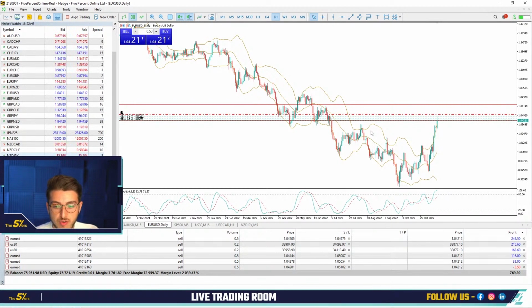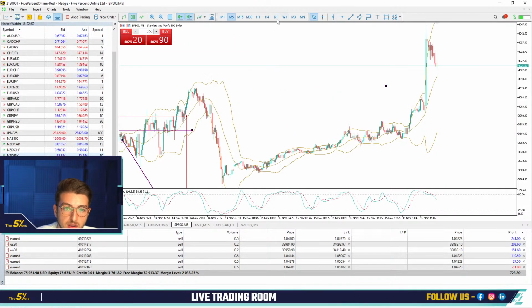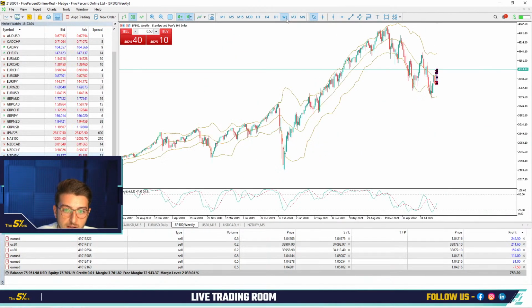So yeah, I'm trading dollar pairs and US indices, which of course have a lot of volatility and a lot of opportunities every day. When we're talking about the S&P, for example, if I go back to the weekly chart, you see all this uptrend